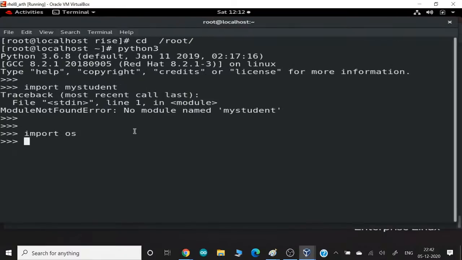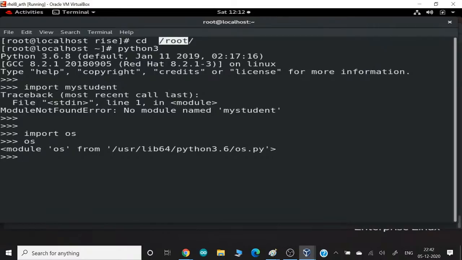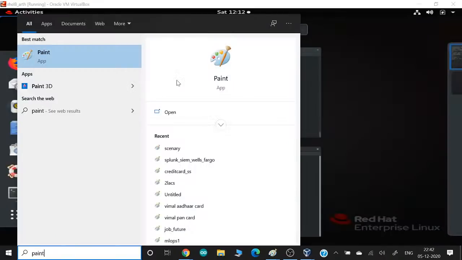As soon as I import any module, they first go to the current folder. And guys, if you go to this folder and try to read its content, you won't find any file os.py, even though they imported it. Why? Because whenever they look for this file inside this folder, if they don't find it, then they go to one of the specific locations in their system. What I mean by this,